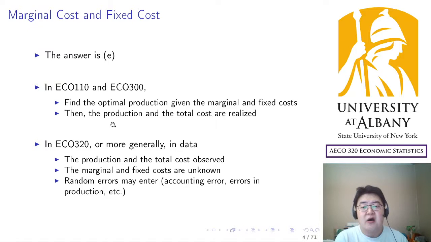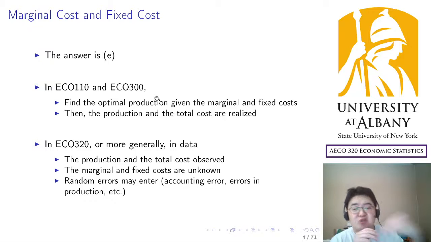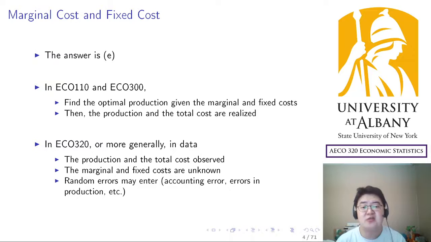So in microeconomics, when you take introductory micro or intermediate micro, I believe you assume that the cost function is given. When the cost function is given, you can calculate the optimal production function, how to maximize the profit or how to maximize the revenue, and how you can derive the supply curve from there,